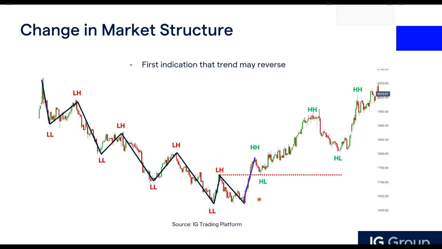So we are not looking to short anymore. If there's a change in market structure, we are looking for long opportunities. So where do we go long? One potential way is to wait for it to retrace to a previous resistance that has turned support. When you've broken this lower high previously to form a higher high, then you know that the downtrend is also invalidated. So when it retraces back, it is a potential entry area.